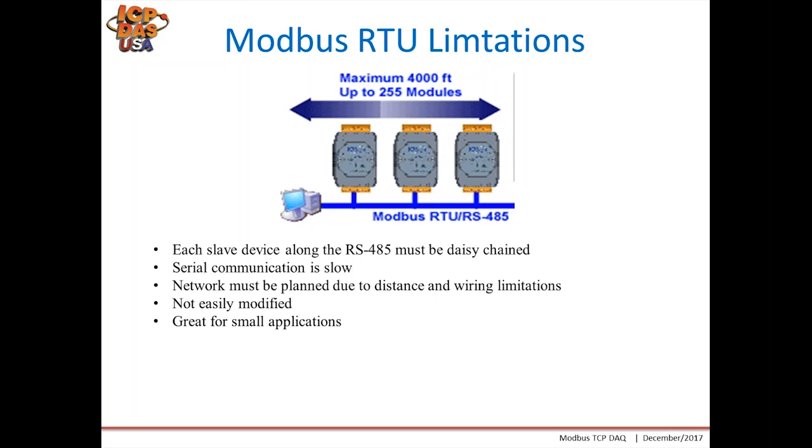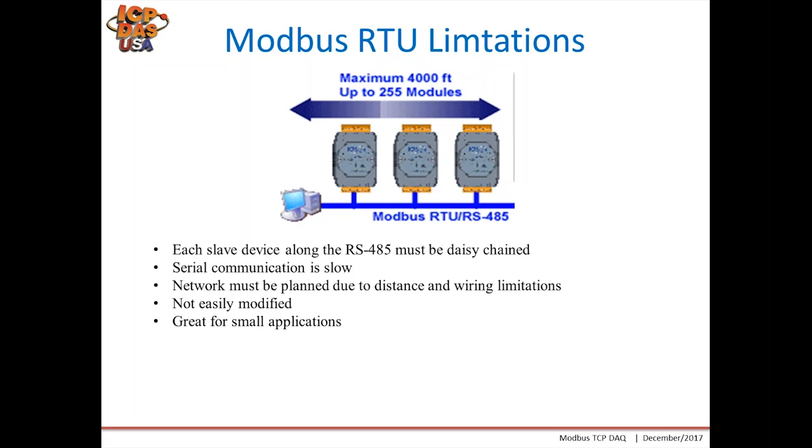Networks must be planned due to distance and wiring limitations, because it's not very easy to, say, lay another RS-485 line or add anything to the bus. And it's great for small applications for up to 4,000 feet and up to 255 modules total, including the master. It can also be implemented over RS-232 as well,